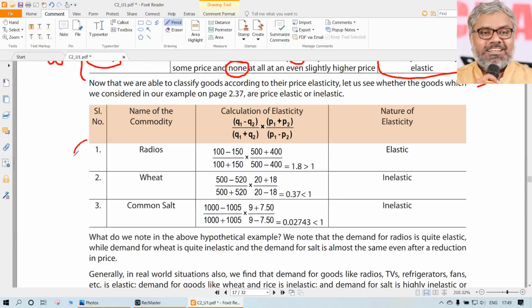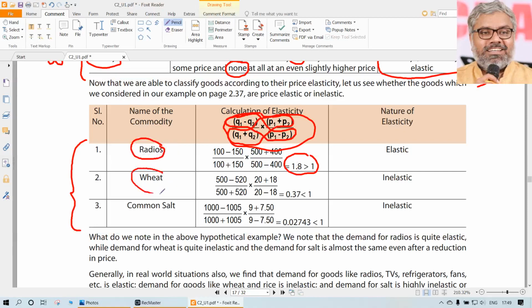Now there is an example given here. I think one of them we already did, which is particularly related to radios. How to calculate elasticity of demand, using which formula? Once again here, arc elasticity is the formula that has been used. I would suggest using it this way, as I told: Q1 minus Q2 divided by P1 minus P2 multiplied with P1 plus P2 divided by Q1 plus Q2. Ultimately both are the same. But what matters is to substitute the numbers and get the answer. 1.8 is the elasticity of demand for radios that we calculated earlier. Same way you do this one.